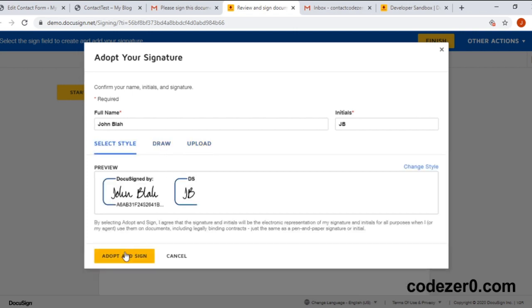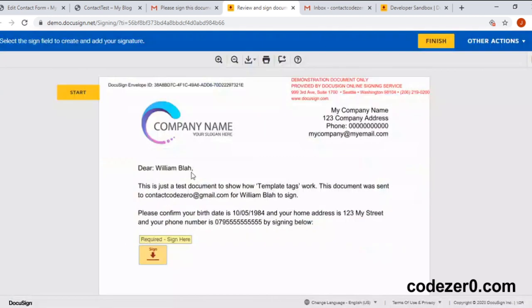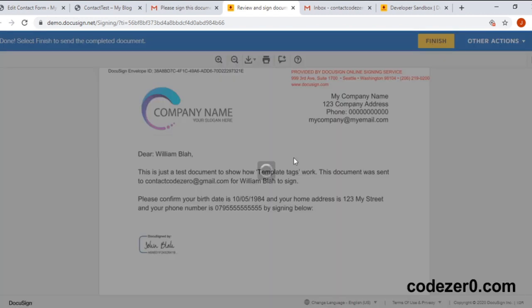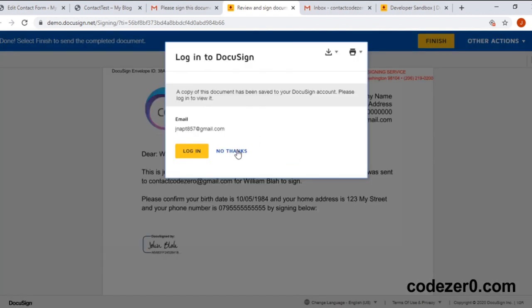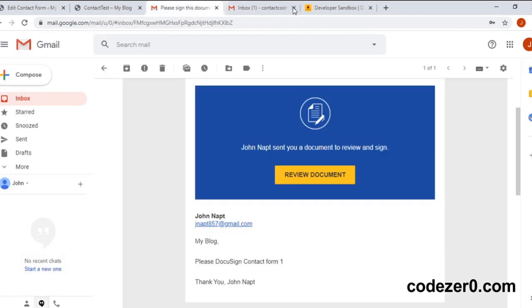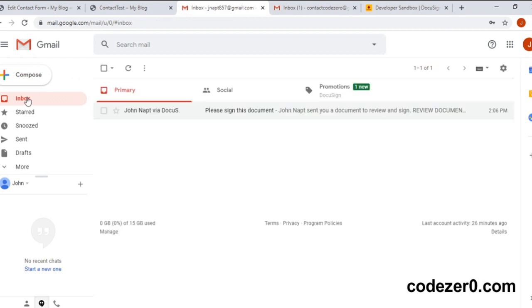Once the user has confirmed their signature, it is then added to the document. Once the user is happy with everything, they can then click on the Finish button. This document will now be submitted to the Docusign network. Now that the admin has signed the document, it will now be sent onto the client for them to add